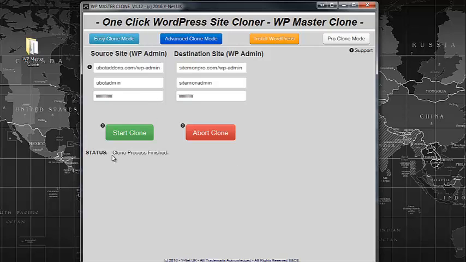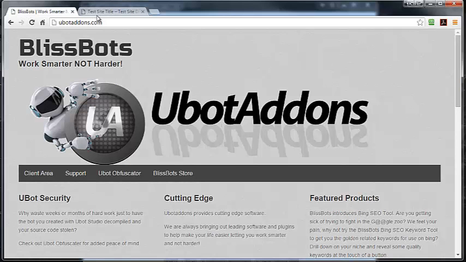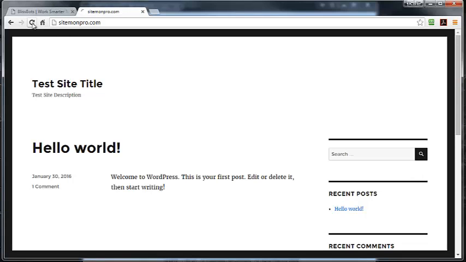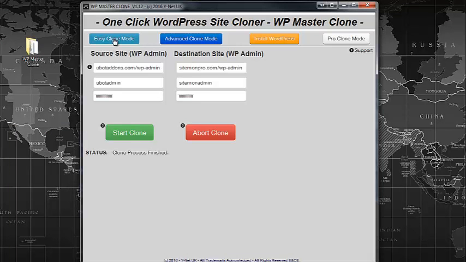And as you can see, basically it says clone process has finished. So I'm now going to bring up our sites again. So that was our source site and there's our destination, and I'm just going to refresh the destination, and as you can see that job has been done. Okay, so as you have seen, that was incredibly easy to do,